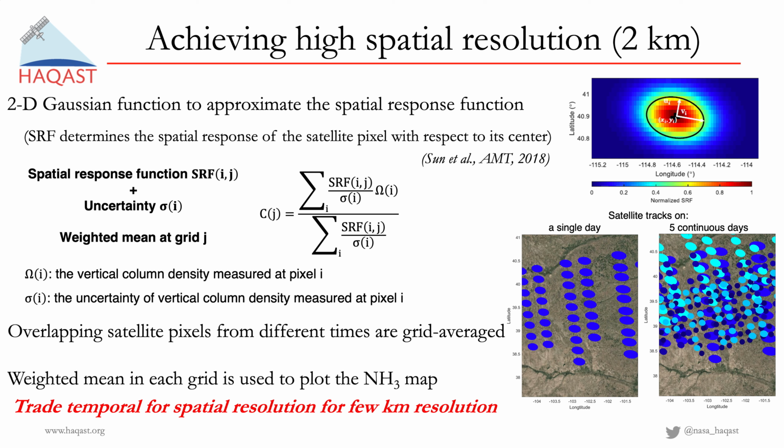So now that we know we can signal average satellites with Kong Soon at the University at Buffalo, we developed an oversampling algorithm that has been used for many other satellites, particularly NO2 and SO2. And we looked at, can we trade off the single day of tracks versus a lot of overlapping tracks? And by using the spatial response function, can we get a higher spatial resolution if we give up some temporal resolution? So when we do this, if we do it on a monthly average, we can get resolution down to